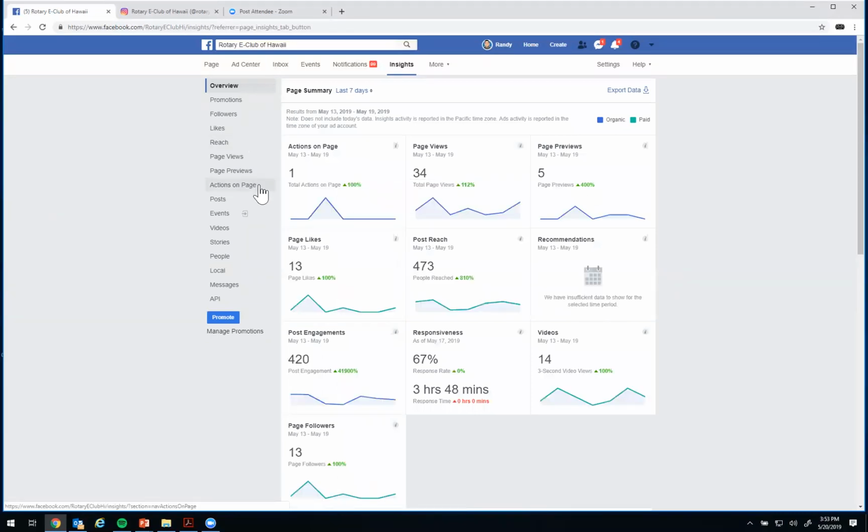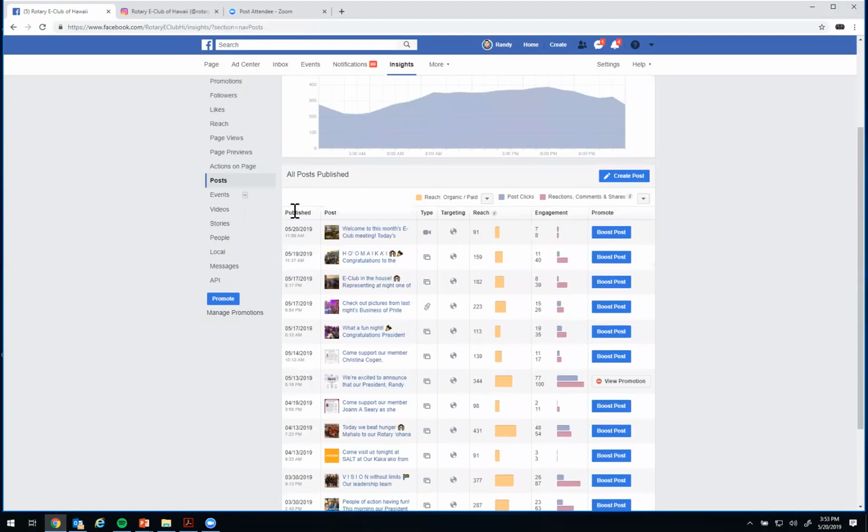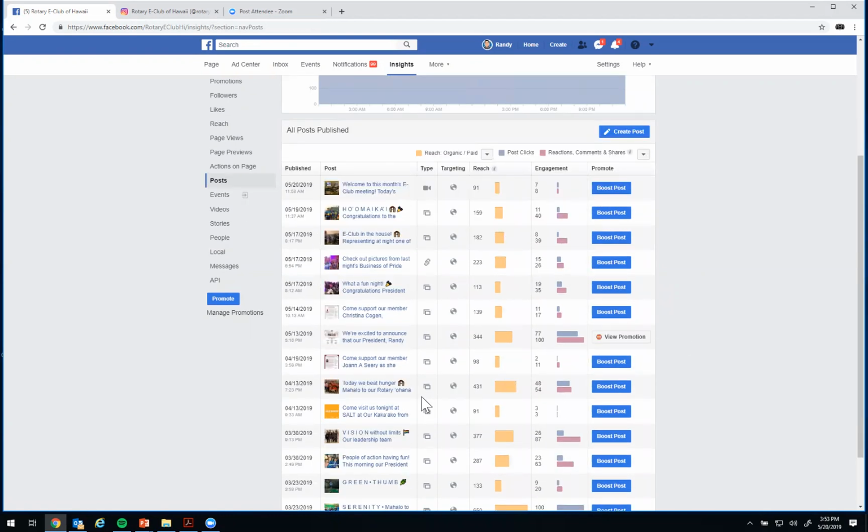Okay, so if you go to the post section in your insights, you'll be able to see what your reach is for your posts and what's working and what's not.